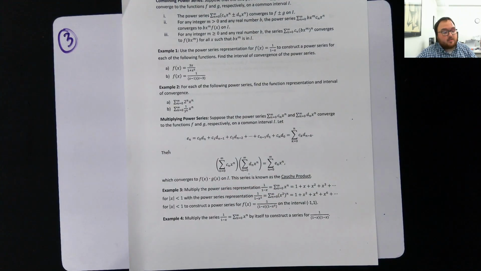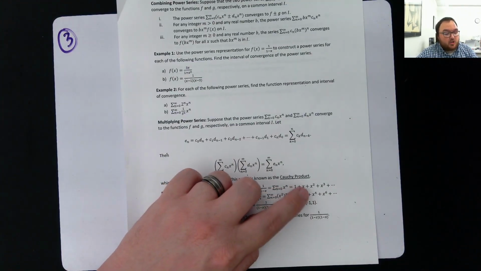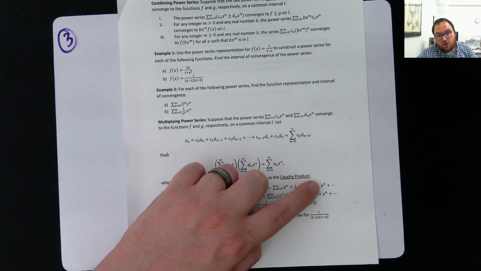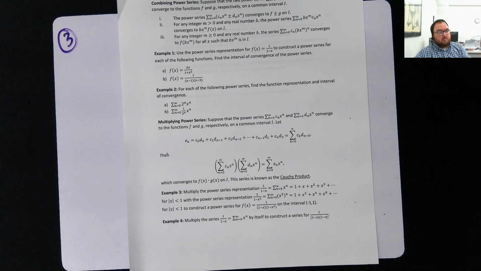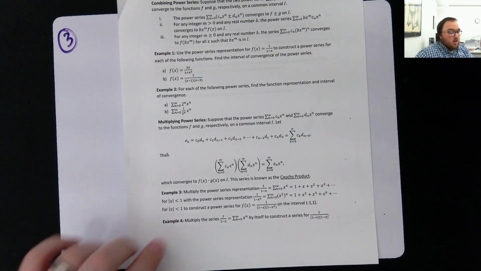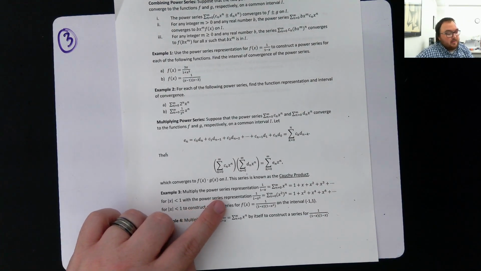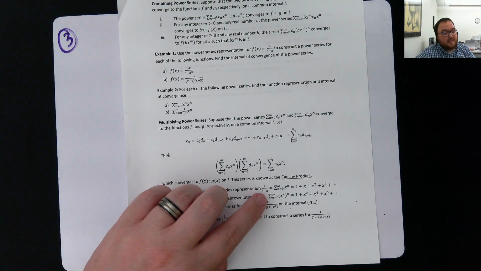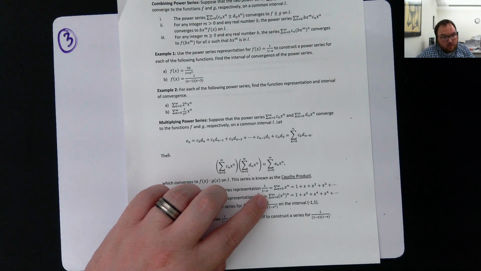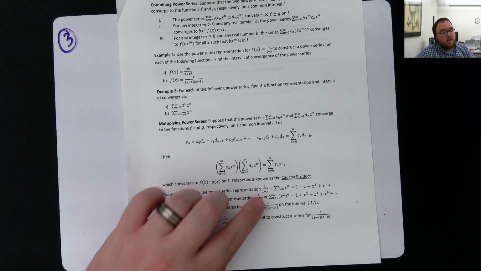Then just x. Then if I plug in a 2, I get x squared. If I plug in a 3, I get x cubed. And then I would get x to the 4th, x to the 5th, on and on and on. With the power series representation of 1 over 1 minus x squared, which again is geometric, we know it's the sum of x squared to the n, which is equal to,